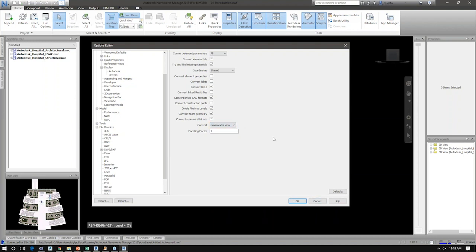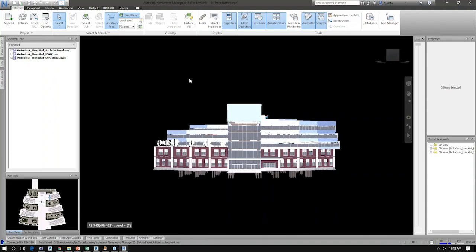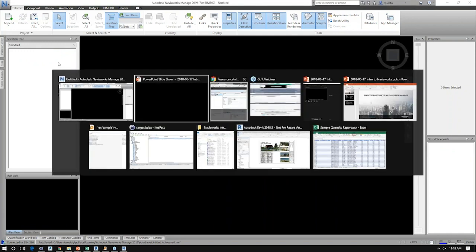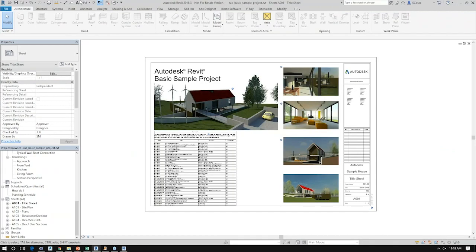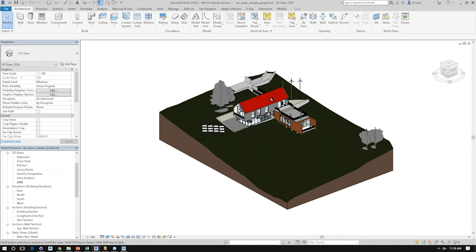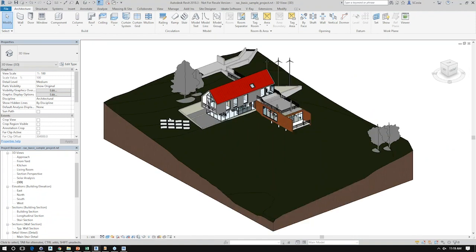So what I'll do now is go ahead and cancel out of the options. I'm just going to save this project, create a new file, and toggle over to Revit. I'm going to show you that I have a standard 3D view in Revit, and I'm going to take this view and manipulate it to turn off a few elements, some of the RPC elements, the solar panels, the topography, and things like that. And while I can use visibility graphics, I'm just going to do something quick and dirty and just hide elements